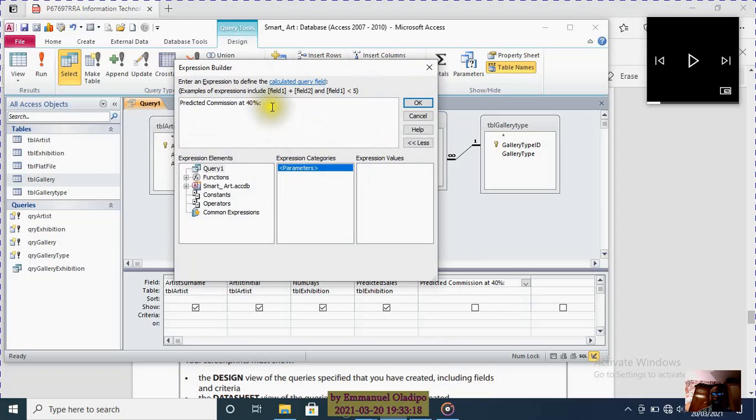And on getting in here, immediately after the colon, we need to type 40%. That is 40 over 100. I'm going to type 40 over 100. Let's put a bracket. 40 over 100. We're going to multiply that by the